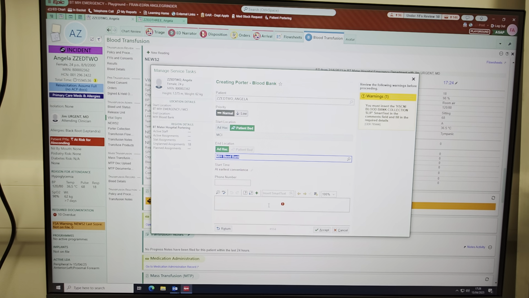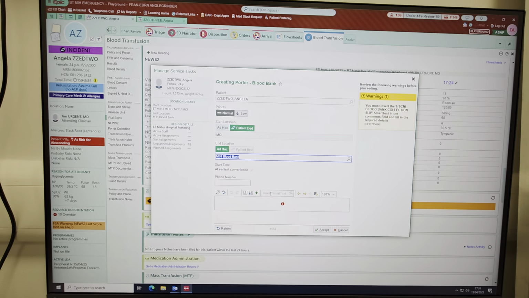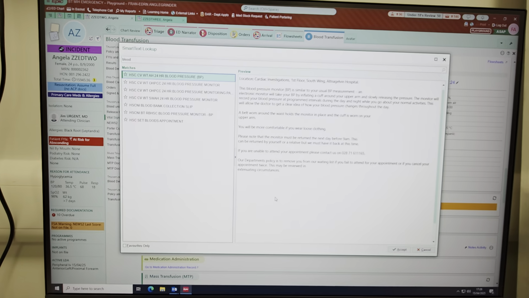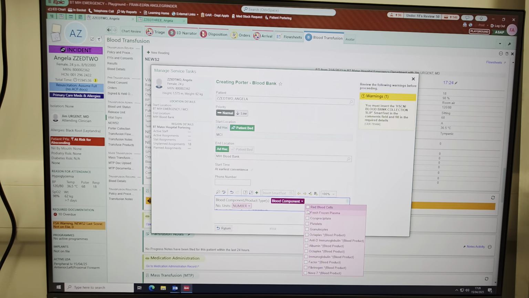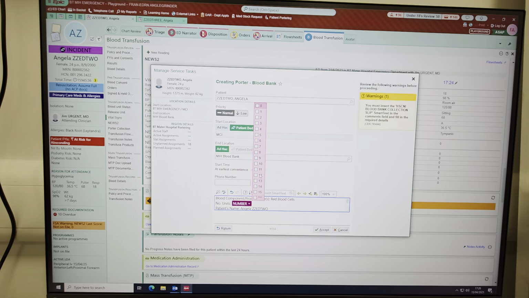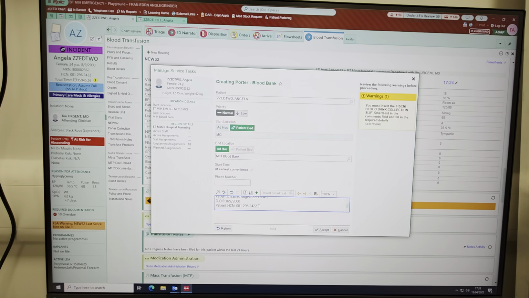Then there's a hard stop here you can see. So a quick way to fill this out is the box that says insert smart text. If we type in blood and then hit enter, and then we want to collect blood bank collection slip, so double click on that. It will come up automatically what you need to fill in this box. So blood component, we want red blood cells, number of units just 1, and it'll then transfer the patient's name, date of birth and HCN. So if we then hit accept,